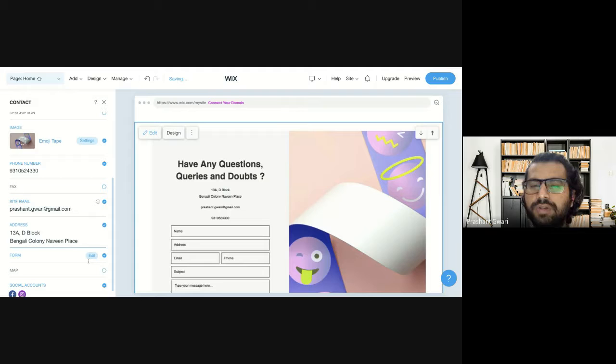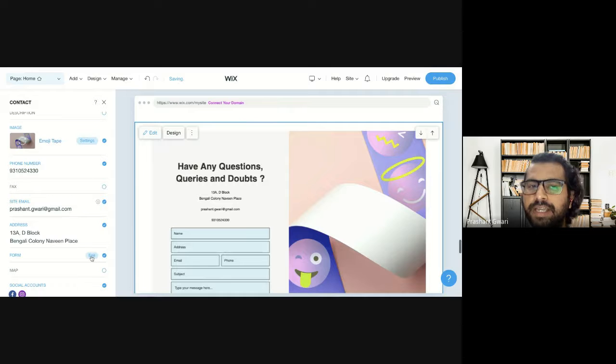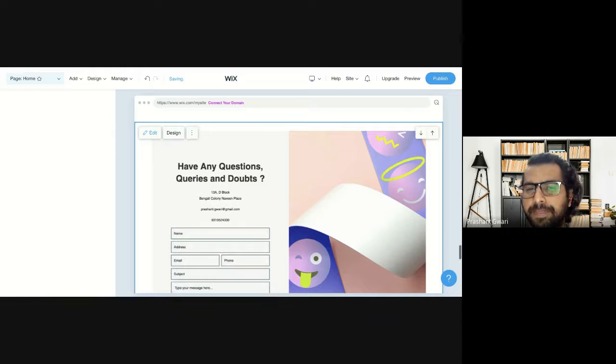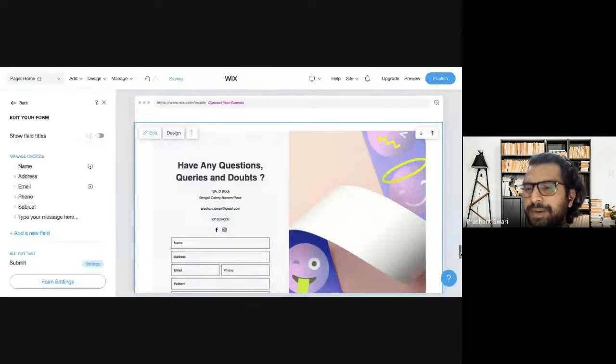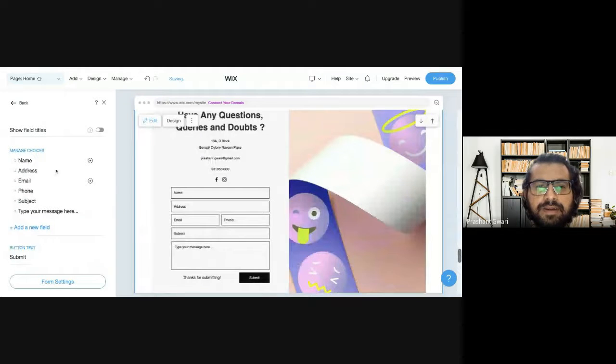And now the main part is the form part, where you will collect leads. So you will click here on the edit form part like this, and ask the questions which are really necessary. You can't create a form with 5 to 7 fields, because no one is going to fill such a long form. So only ask 4 to 5 questions which are really important for you to connect with your customers, and delete other unrelated or unimportant questions from your form, which you can do from the form part.